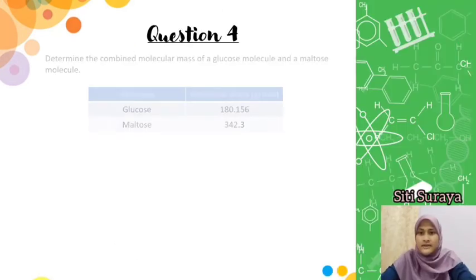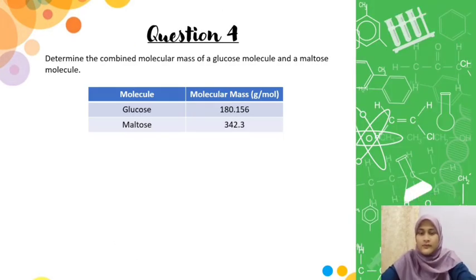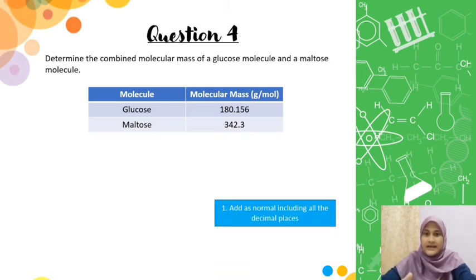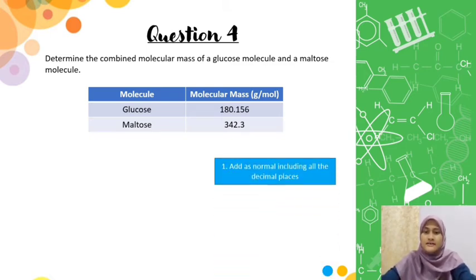Question 4. Determine the combined molecular mass of glucose molecule and maltose molecule. There is the list of data that we will use in this table, which consists of the molecular mass for glucose and maltose molecule. First step is add as normal, including all the decimal places. For glucose molecule, 180.156 gram per mole. We add with maltose molecule, 342.3 gram per mole, and we get the answer